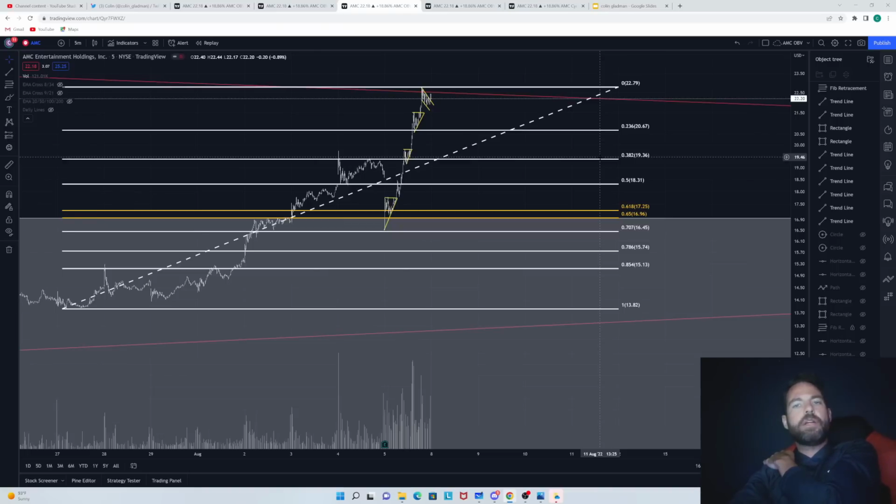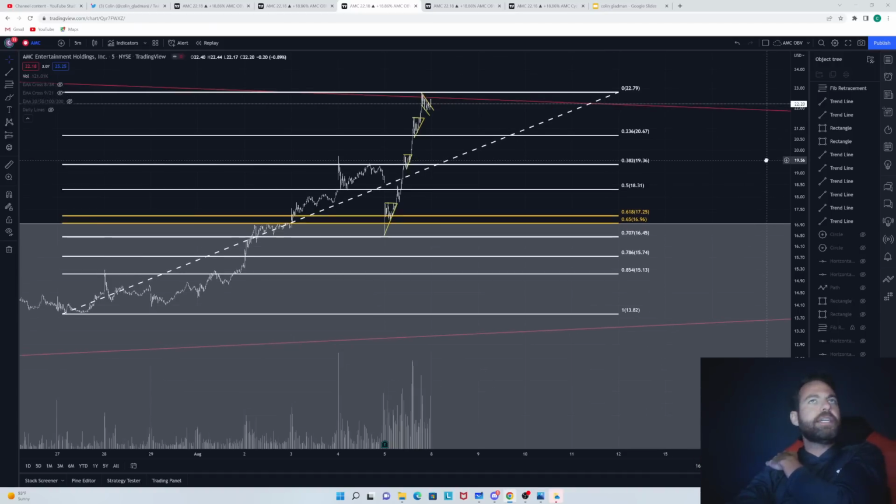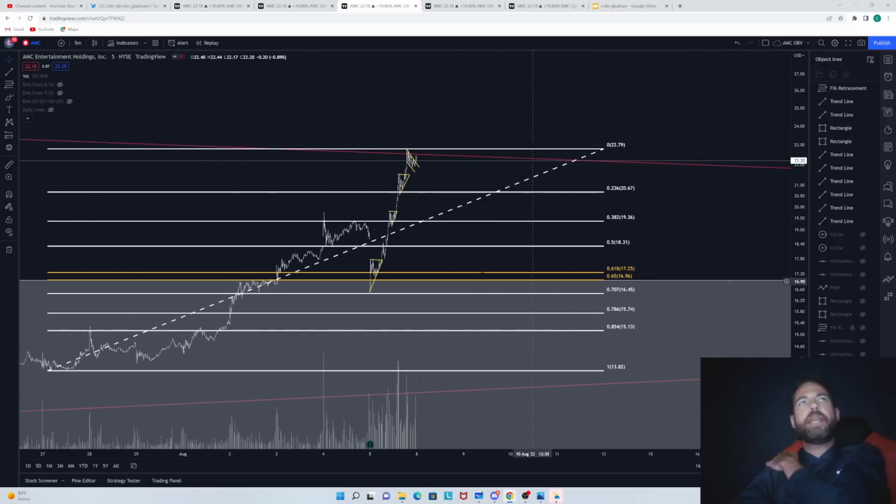That would be a strong reaction once we get to that point in time to let some of these higher time frame RSIs cool off. That makes a lot of sense to me as far as what we would be looking at from a pullback standpoint. So I do think we might see a continuation into Monday, but I think that continuation could lead to a short pop in the morning before we retrace throughout the rest of the day on Monday and then